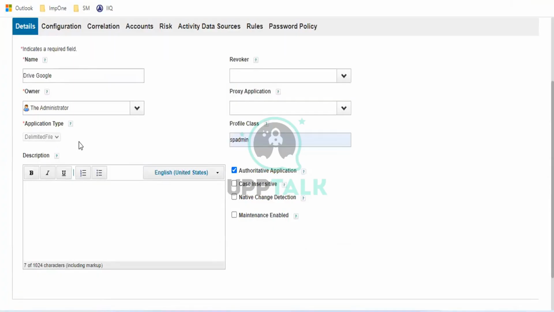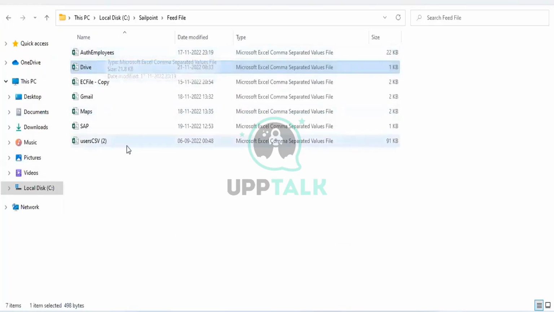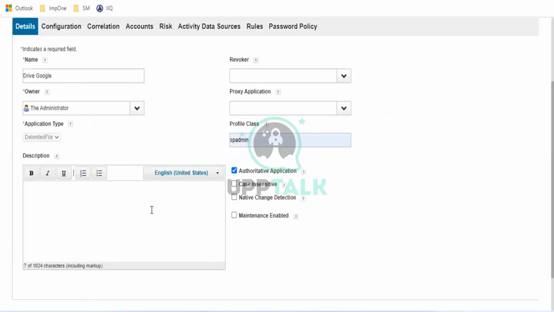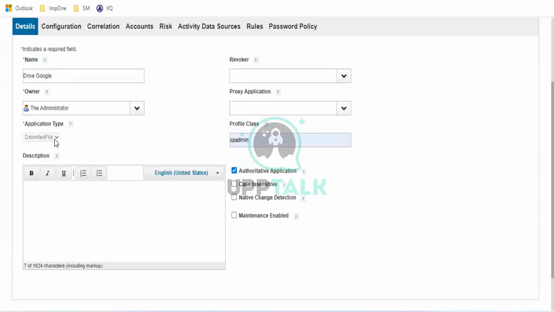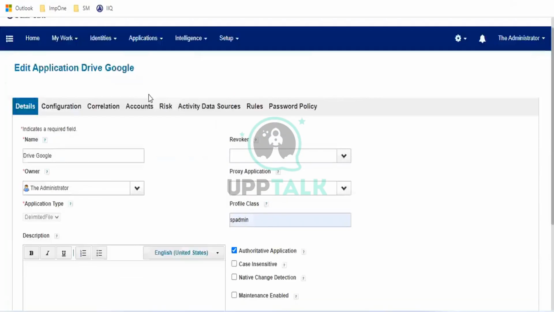Delimited means it depends on where the data has been stored. If all the data has been stored in an Excel sheet, you can use delimited file. If the data has been stored in a database, then you have to use JDBC. Are you getting what I'm saying? If it is a cloud, then there will be a different connector. But now, for an Excel sheet, when saving the application, you click on delimited file, exactly. If it is a database, you have to select JDBC.